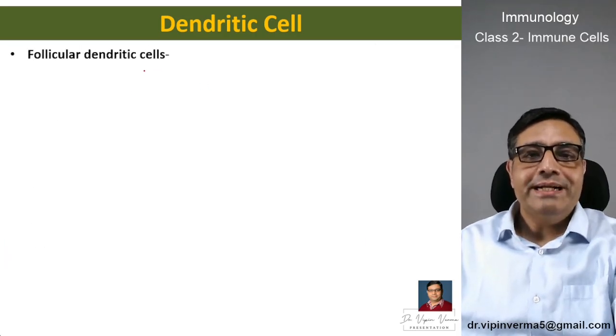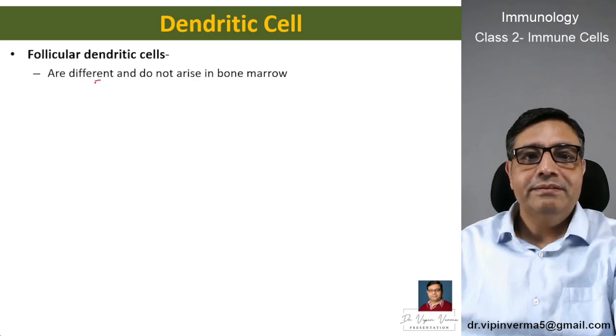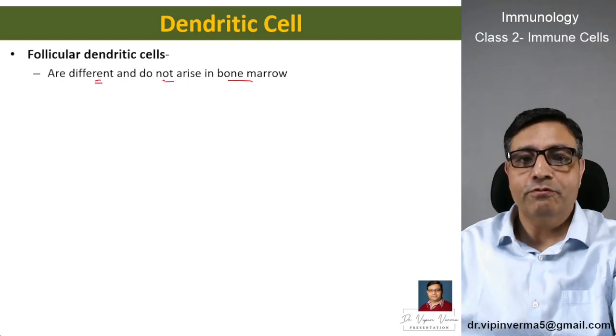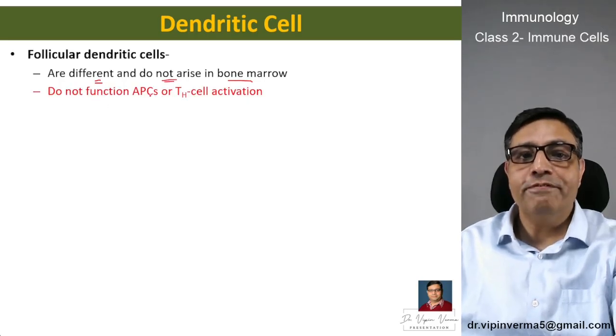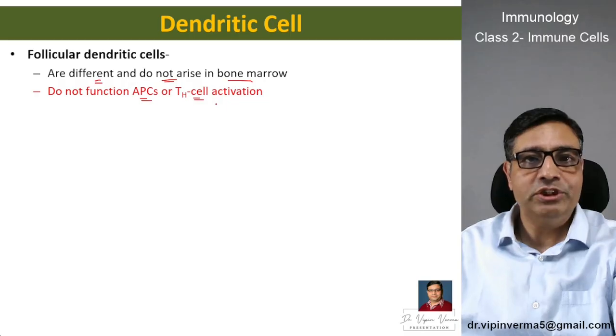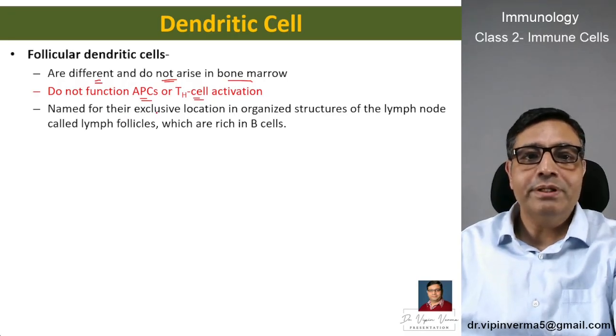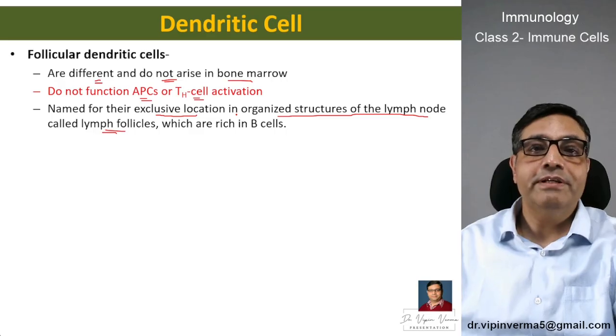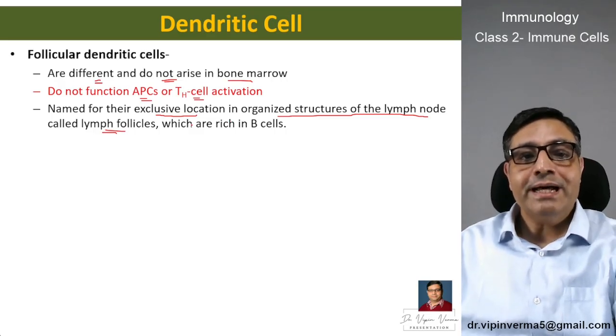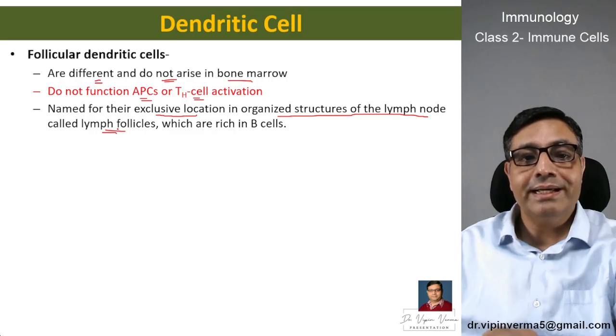We have the follicular dendritic cells, and these are different cells from the cells we just saw. These follicular dendritic cells do not arise in the bone marrow, first of all. They don't arise in the bone marrow, and they do not function as antigen presenting cells, or they don't take part in the Th cell activation. Okay, they are named for their exclusive location in the organized structure of the lymph nodes called lymph follicles. So when we study the lymph nodes, we will see the structure of the lymph node, and in the lymph node there are organized